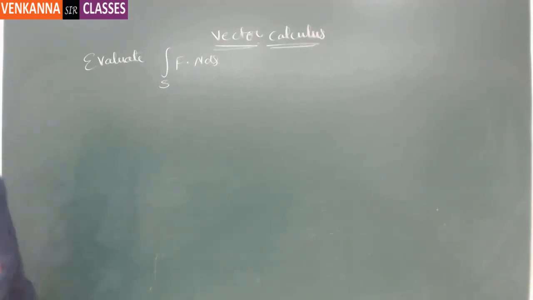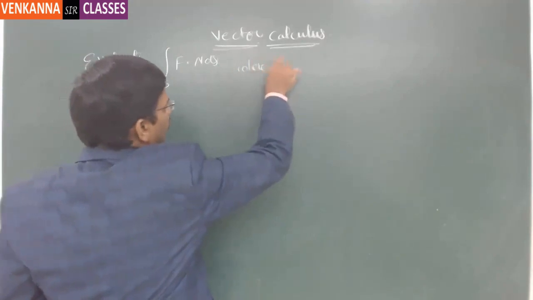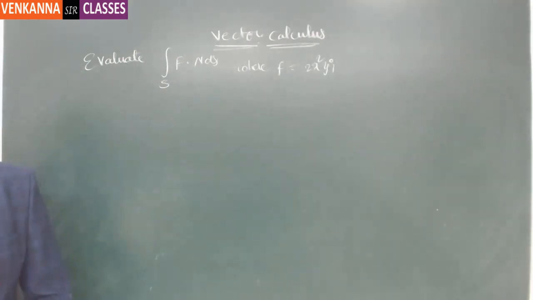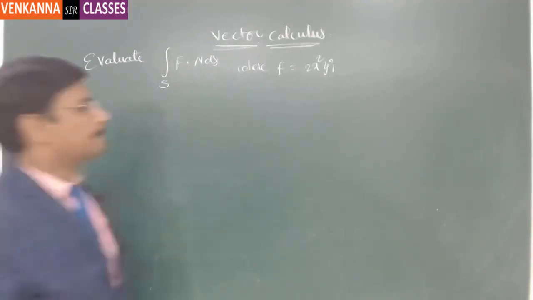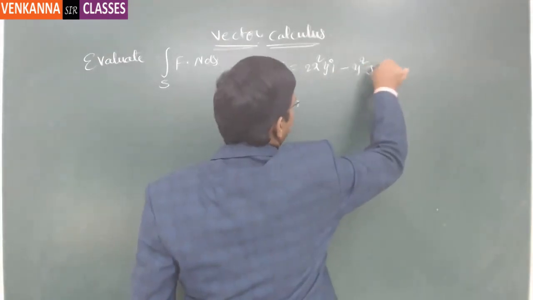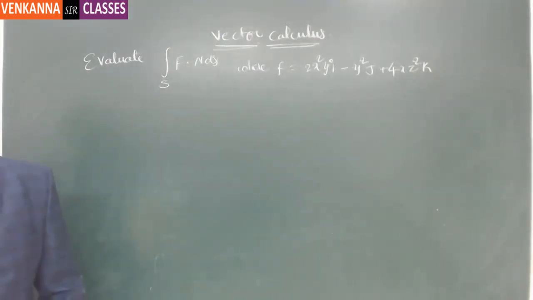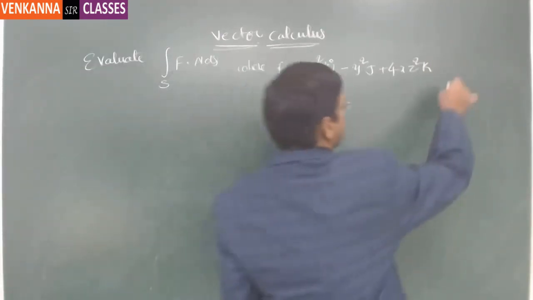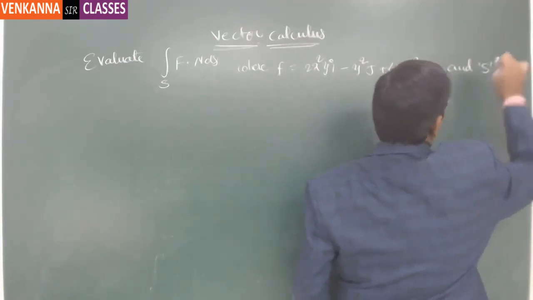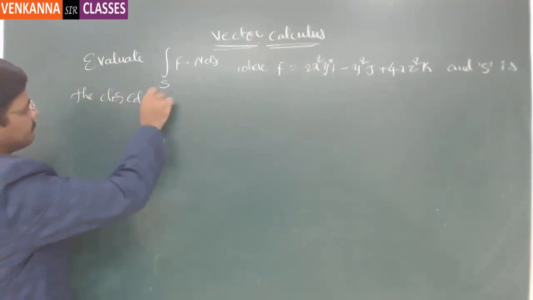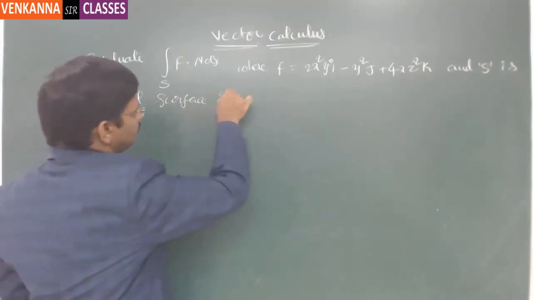where f equals 2x square y i minus y square j plus 4x z square k, and S is the closed surface of the region